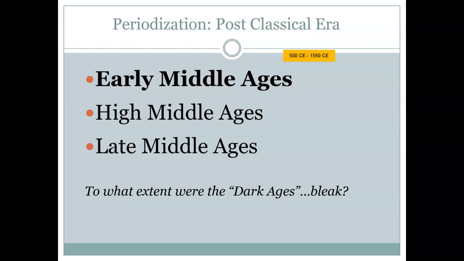So we talked in class a little bit, if you weren't here that day, about some of the pros and cons of historians developing periods. On one hand, it helps us out a lot. It's like a nice frame of reference to just bullet point some of the things that happened in the early Middle Ages or what happened in the High Middle Ages and so on. But there's also some challenges because A, it's human constructed.